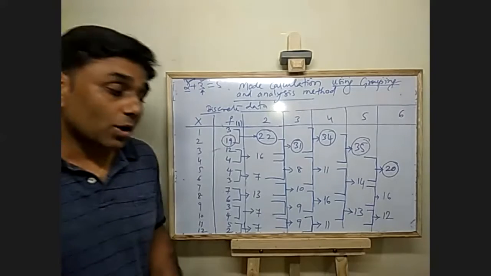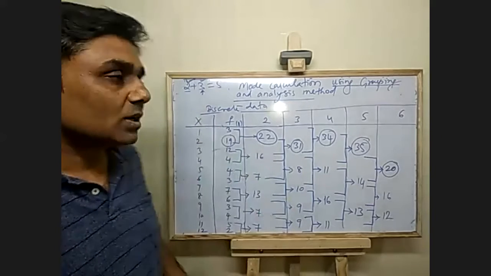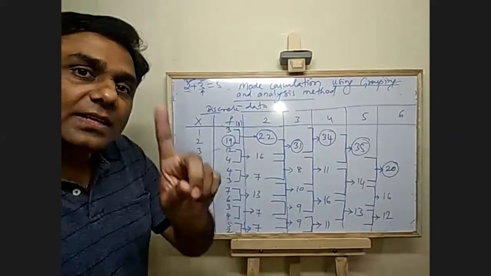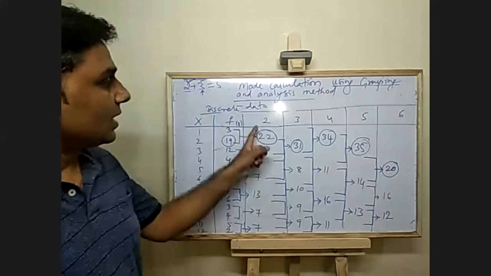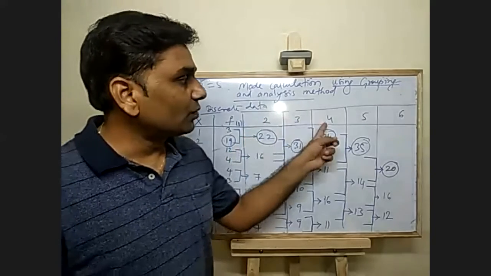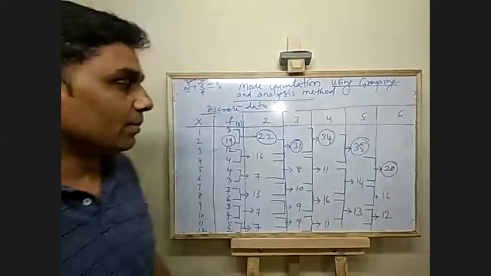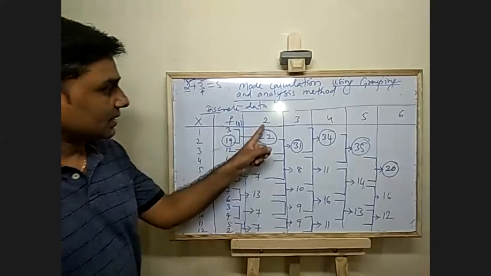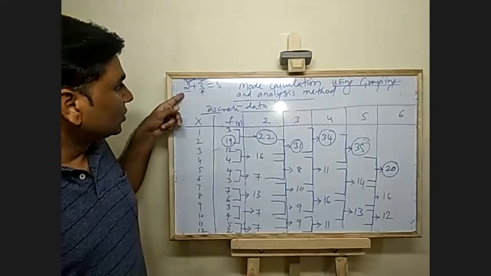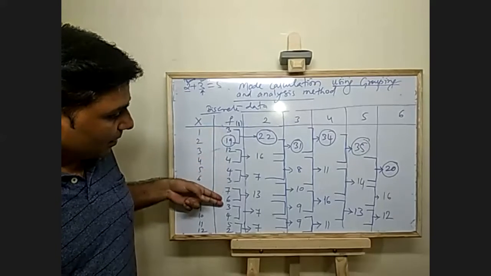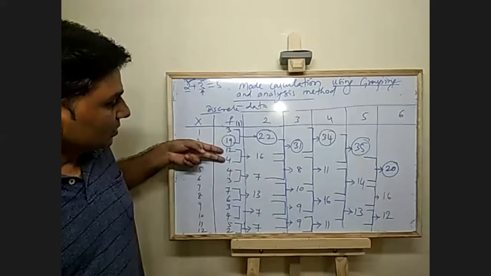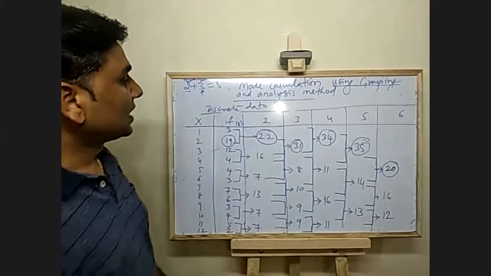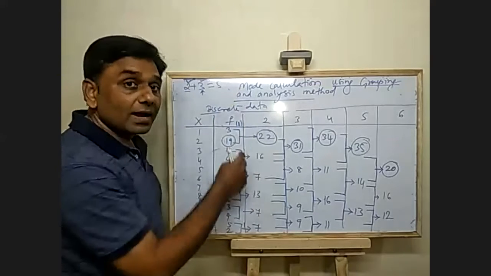So understand it. You have to do it very carefully here. 2 plus 3. First, given frequency, you mark it as column 1. Then you write column 2, 3, 4, 5, 6. Okay, make the table. First, you have written this is the first column, one number. Second, what you have to do? Sum of pairs. Two numbers sum, two numbers sum. Likewise, you have to find the sum and round the highest frequency.